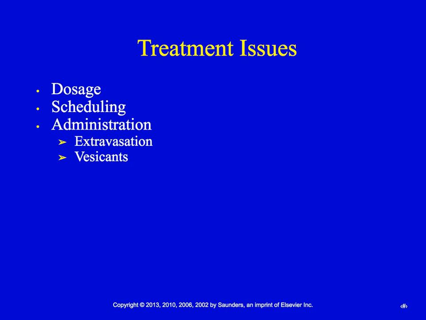There's a good picture in your book, and I believe there's a picture in these slides of an example of extravasation. If these drugs leak out of a peripheral IV into the tissue surrounding it, they can actually burn the skin and cause permanent damage. Because of the risk of extravasation, most chemotherapy patients will have a central line,